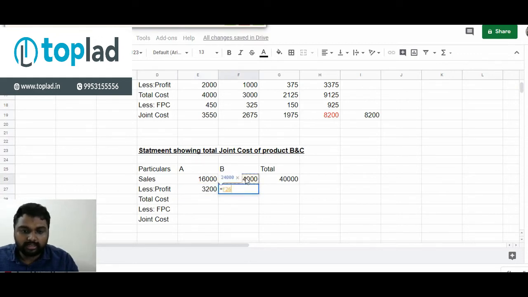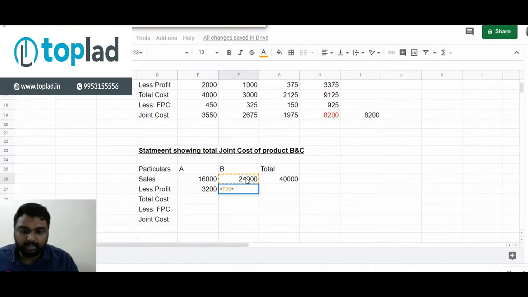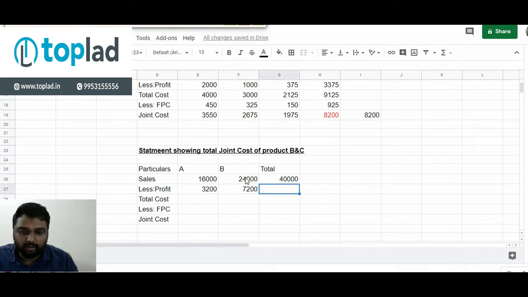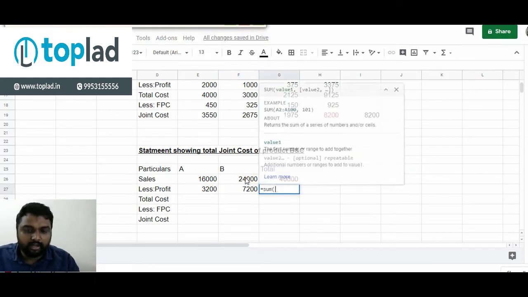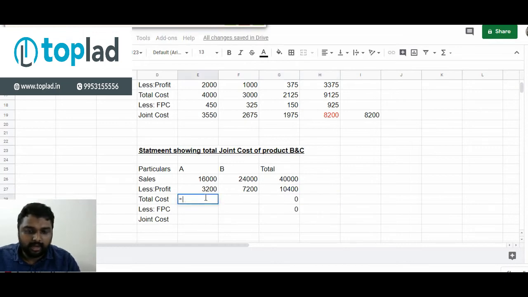What about the next product? You have your sales value percentage. If I am not wrong, it is 30%. So you got the answer. You got your profit also. See, if you reduce your profit, you will get your cost. What will be your cost? Your cost is nothing but your sales minus your profit.